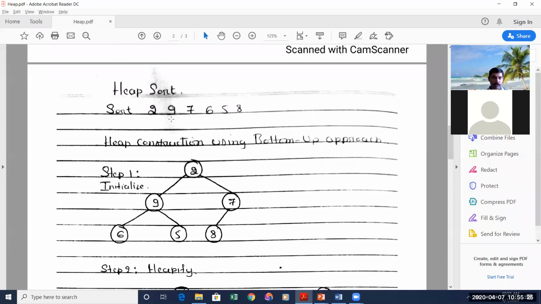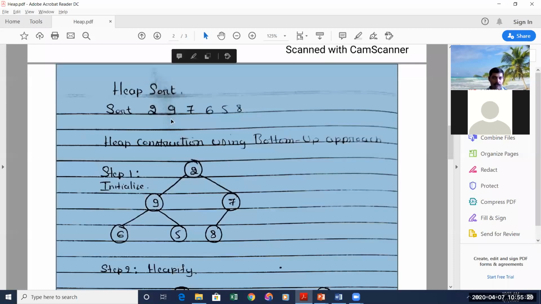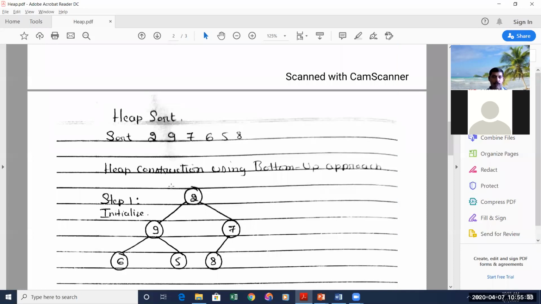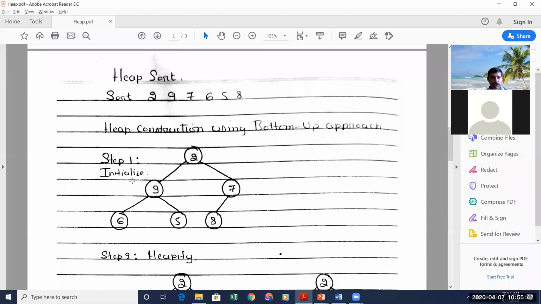First one is heap construction. Second one is maximum key delete. Okay. Next, we have to start with the first step. It contains two substeps, and in the heap construction, we are using the bottom-up approach. We learned that there are two approaches: one is bottom-up approach, the other one is top-down approach, and we have seen both of the approaches.